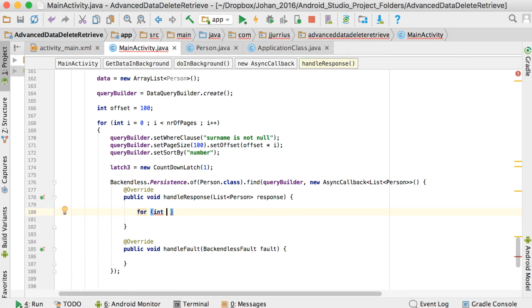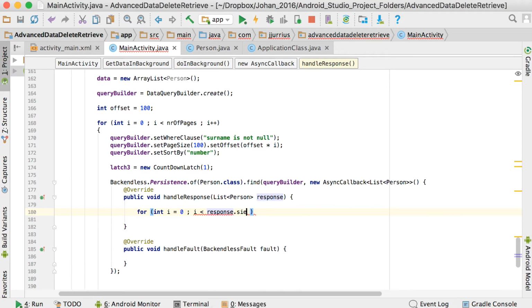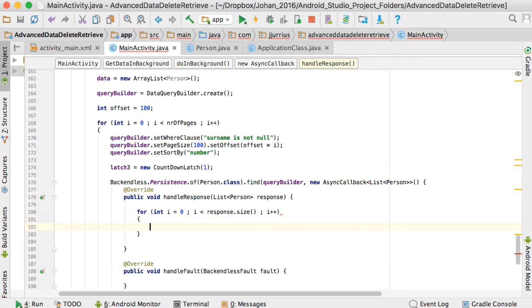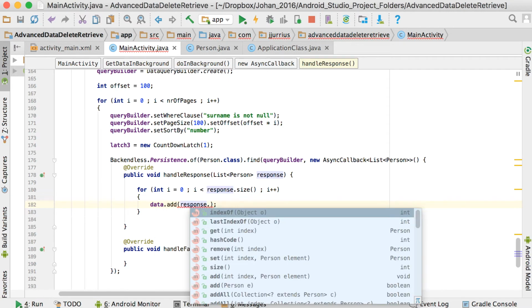So I'm going to say in this for loop, int i equals 0, i less than response.size(), and then I'm going to say i++. Right, so that's the for loop that we're going to run through every element that we got, and that should be the first 100 objects. And for every one of those 100 objects, we're going to say data.add. And what I want to add here is the following. I'm going to say response.get(i)